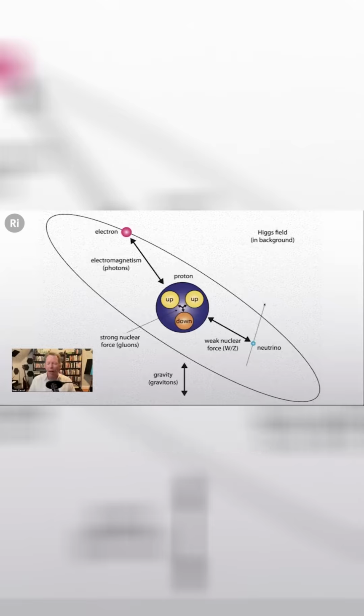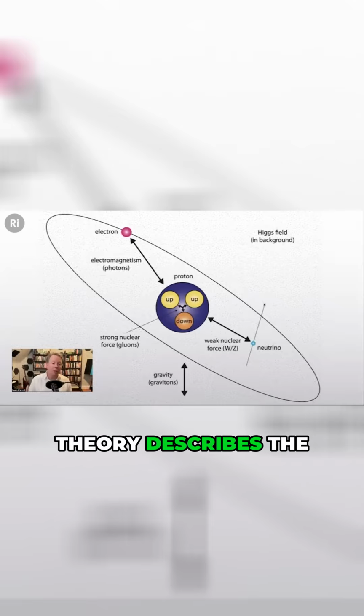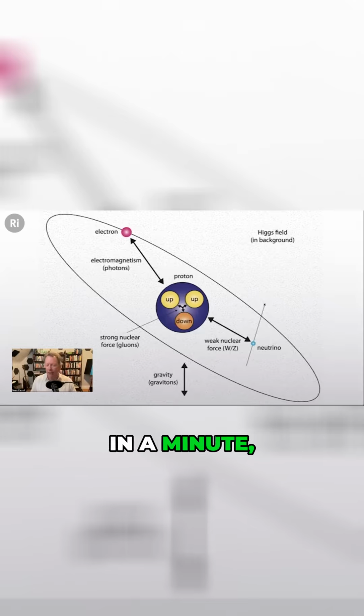It all comes down to this little graphic. This graphic is basically telling you what are the particles and forces of which you are made. And quantum field theory describes the behavior of these particles and forces. So, roughly speaking, and this is very much a cartoon, and we'll improve upon it in a minute, but this